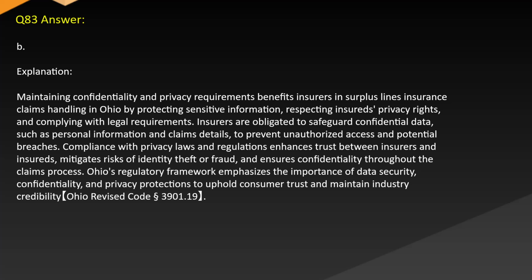Compliance with privacy laws and regulations enhances trust between insurers and insureds, mitigates risks of identity theft or fraud, and ensures confidentiality throughout the claims process. Ohio's regulatory framework emphasizes the importance of data security, confidentiality, and privacy protections to uphold consumer trust and maintain industry credibility. Ohio Revised Code